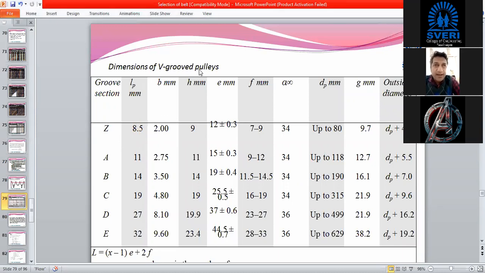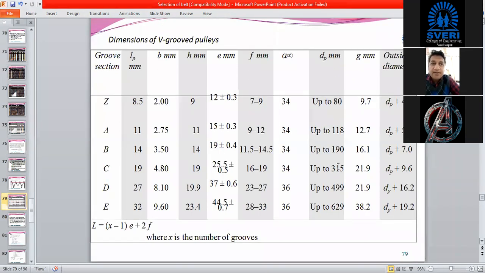Now here, diameters of the V-groove pulleys are given. The groove section, whether it is A, B, C, D, E, then the pitch length of the belt, whether it is 8.4 to 32, from 34 to 36, and above that is given in the table.